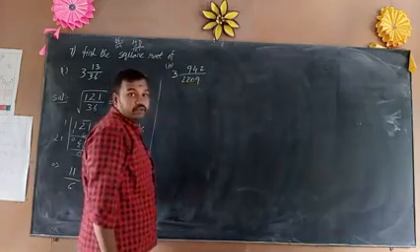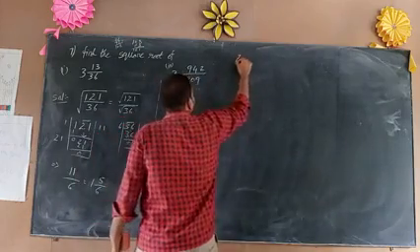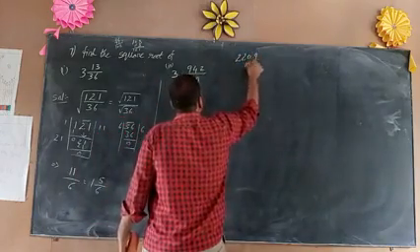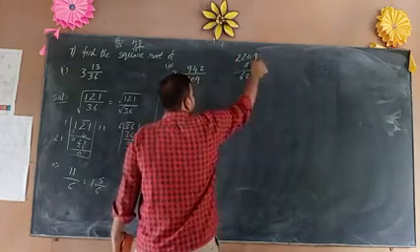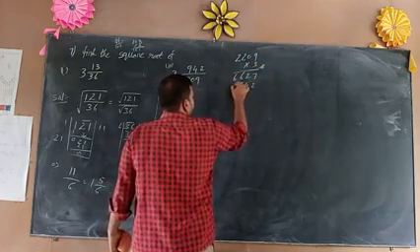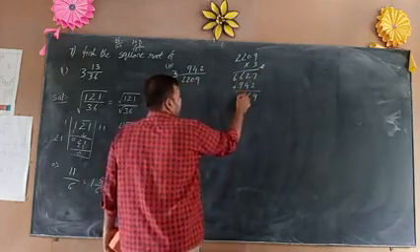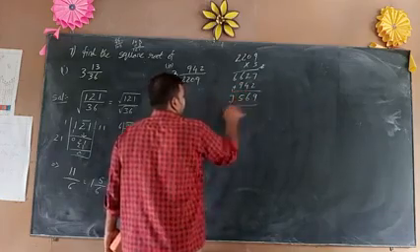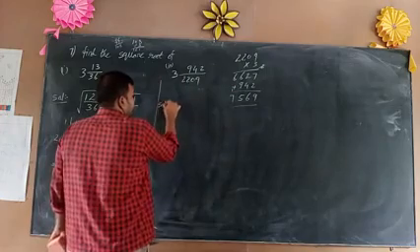3942 by 2209. It is a mixed fraction, so we have to change it into an improper fraction. That is 2209 into 3: 9 3s are 27, 2 3s are 6, 3 2s are 6. And in the numerator we have to add 542. Adding gives 7569. So that is the solution.